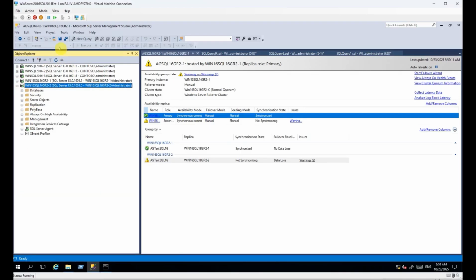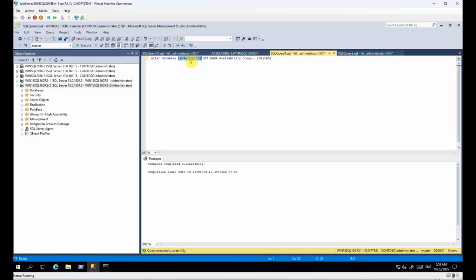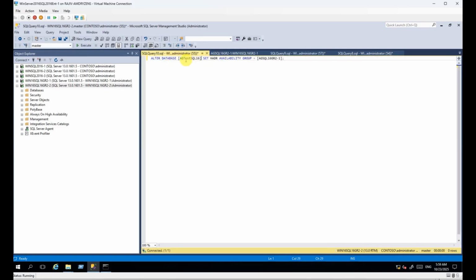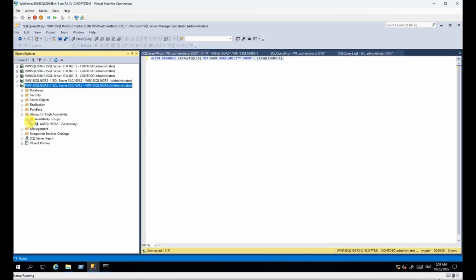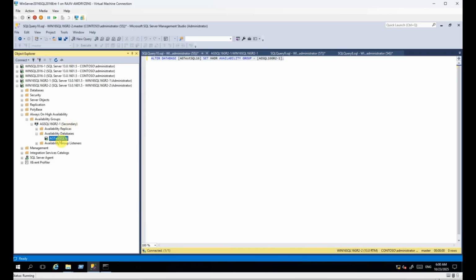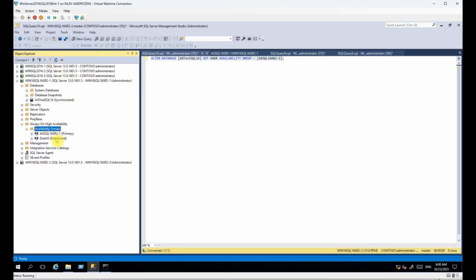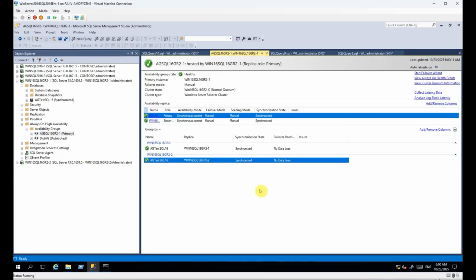secondary replica. We have two options. Let me copy the name of the database here. We can tell this secondary replica to add this database into the availability group. So there are two ways. The first one is using a T-SQL script. The other way is to go here, database, right click, join to availability group, and click OK, and wait for it. Now you can see it's green. So if I go back to GR1 and refresh and look at the dashboard, yeah,